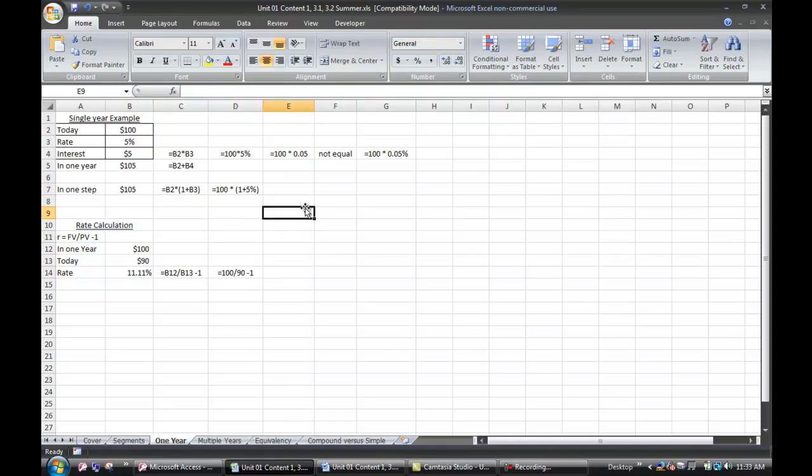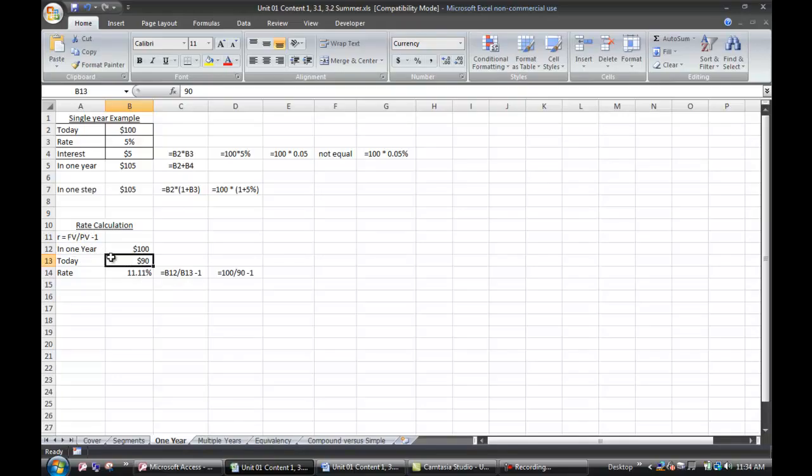Another question is, given a present value like 100 and a future value of some number, what would be the rate of interest? And the content shows how this is derived, this equation here. So if in 1 year we have $100 and today we have 90, what's the interest rate between that? Well, you take the future value,